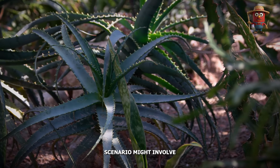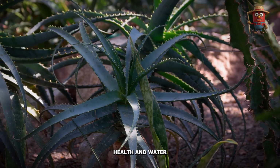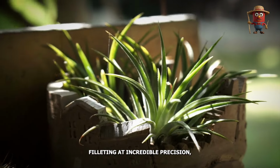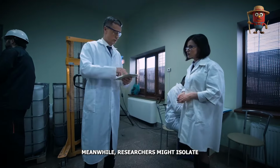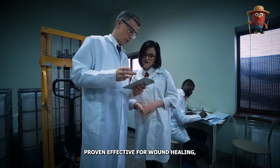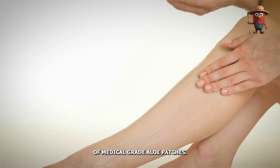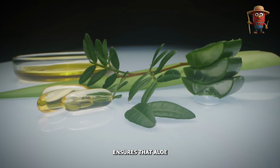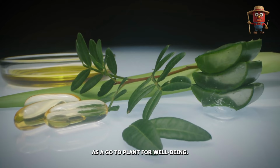A future scenario might involve drone-assisted farming, where drones assess plant health and water needs. On the factory floor, robotic arms could handle filleting at incredible precision, minimizing waste. Meanwhile, researchers might isolate specific aloe compounds proven effective for wound healing, eventually leading to a new generation of medical-grade aloe patches. This marriage of technology and tradition ensures that aloe vera continues to thrive as a go-to plant for